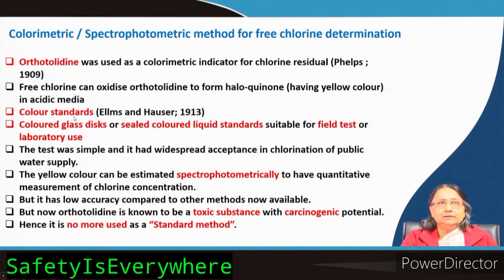Color standards, this is done by these color standards. Why are these important? You know, at that time spectrophotometers, all those things were not there. So simple methods were used, but because chlorination had started already, how to determine how much chlorine you will use, how much residual chlorine is there. So these are color standards. Say, for example, with a known concentration of chlorine you add the reagents and some color is developed, then you seal it, then this is the standard. So with your sample you do the same thing and compare the color. So, comparison with standard color.